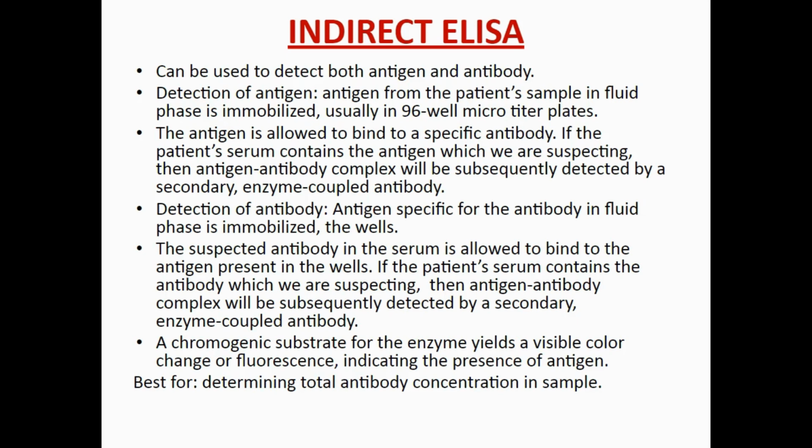So there are two antibodies involved in this type of ELISA. First is the primary antibody, which is specific for that particular antigen which is coating the well, which is present at the bottom of the well, and which we took from the patient's serum. Okay, so the first antibody, which is the primary antibody, attaches with the antigen. Then this antigen-antibody complex is